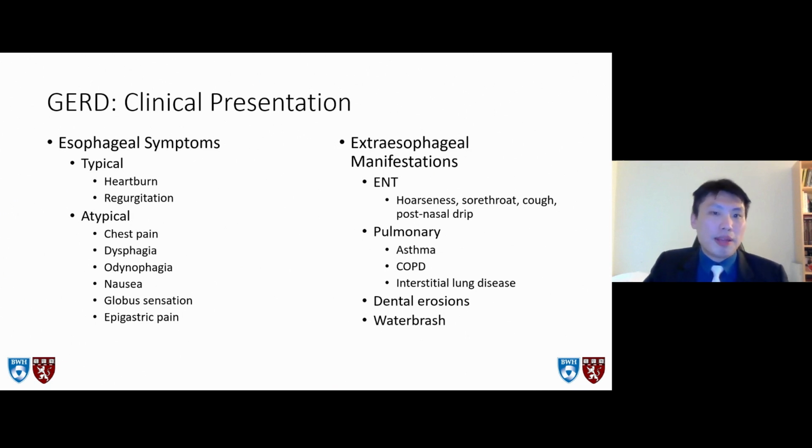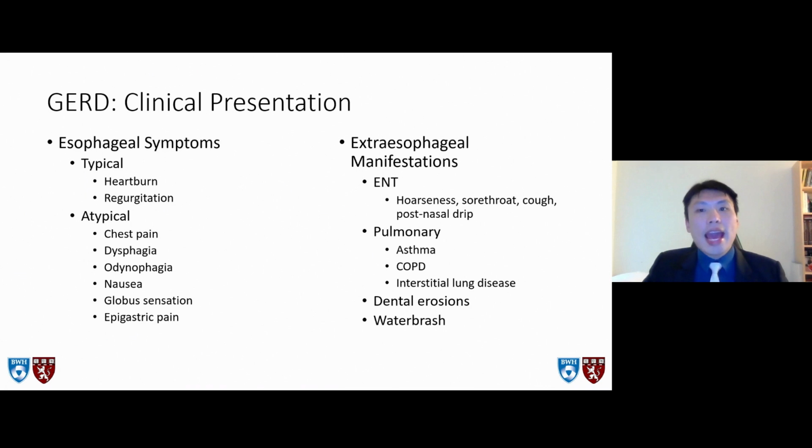Clinical presentation of GERD can be mainly divided into esophageal symptoms and extraesophageal manifestations. So in terms of esophageal symptoms, the most typical symptoms we think about are heartburn and regurgitation. Some of the less typical esophageal symptoms include chest pain, dysphagia, odynophagia, nausea, or even a global sensation of epigastric